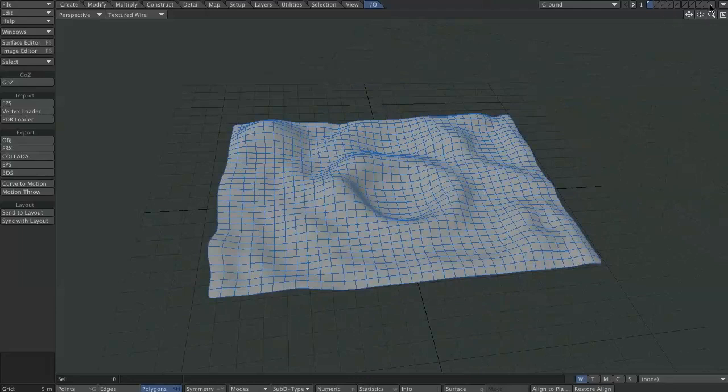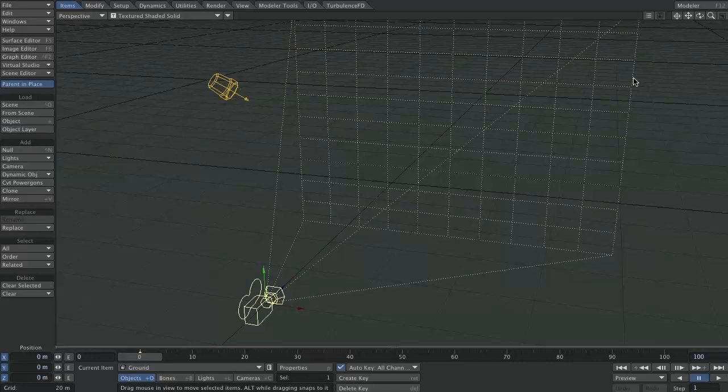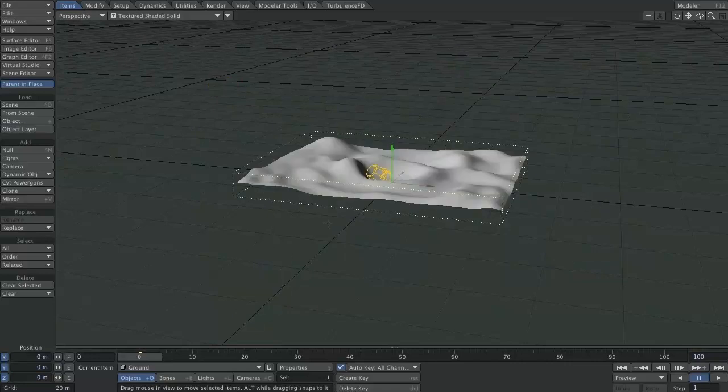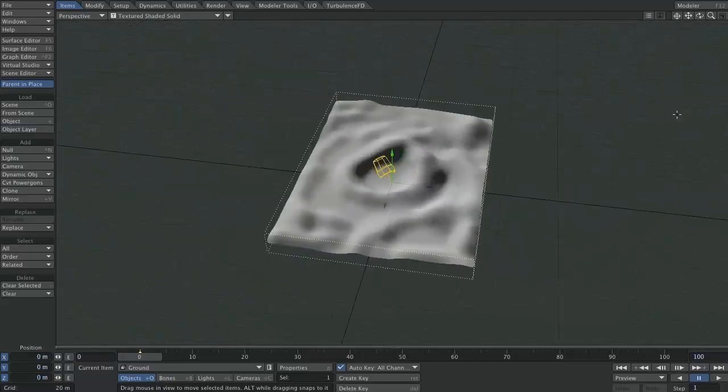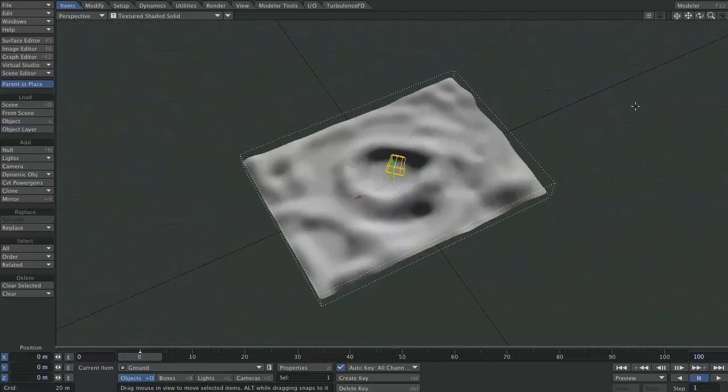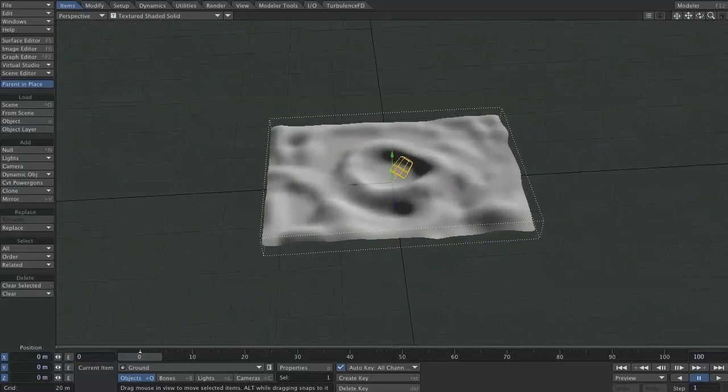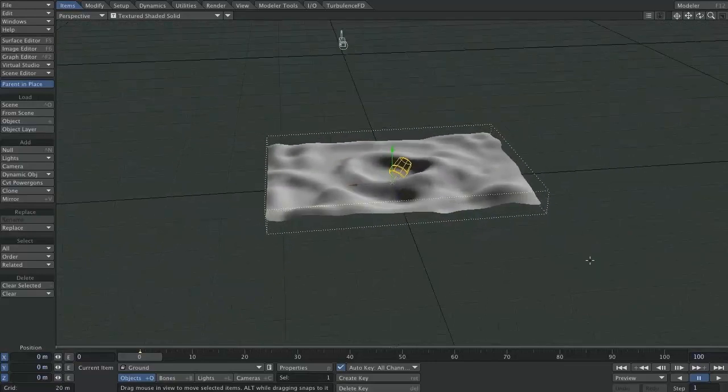What we can do is we can now send that object over to layout. Ta-da! One landscape in layout. Now, what you need to do to make instancing work, you need all the objects that you're going to instance in the scene. So,